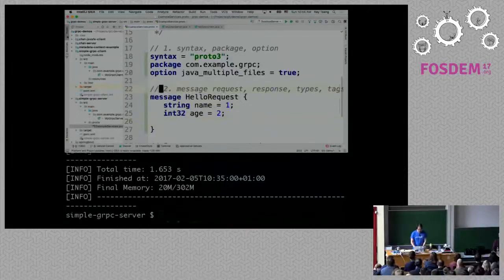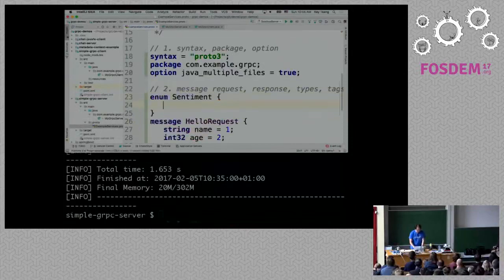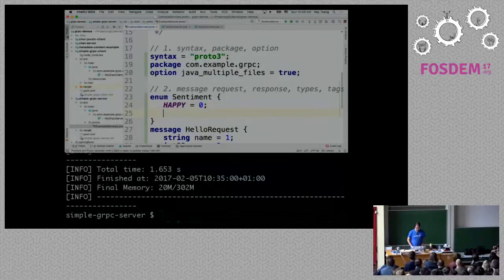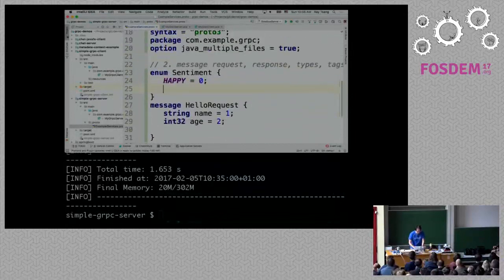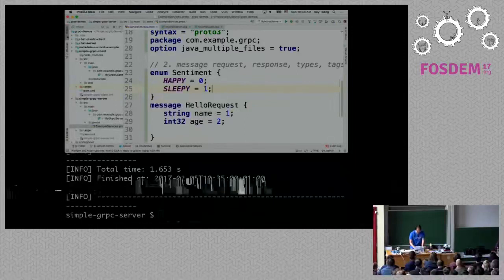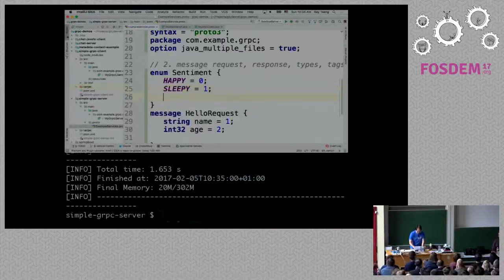I can even do enumerations or enums. So for example, I can say enum Sentiment. That's how good we're feeling today. I'm feeling pretty okay, so I'm going to say happy is equal to 0. It could be a little sleepy right now, which I hope not, but I saw somebody yawning.